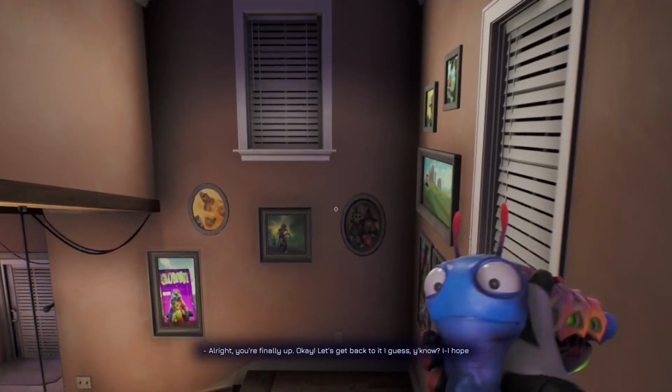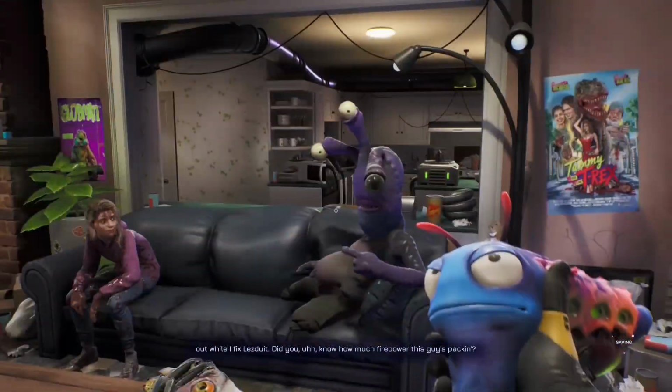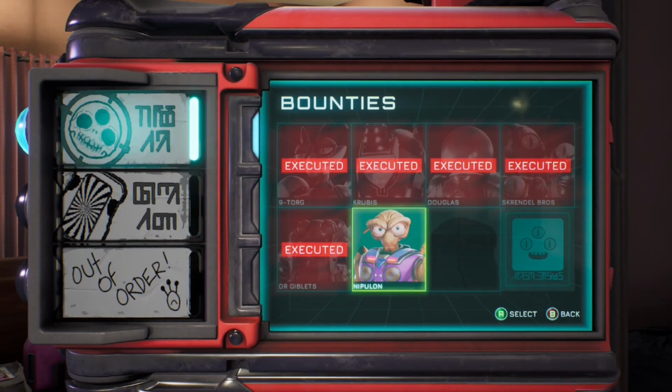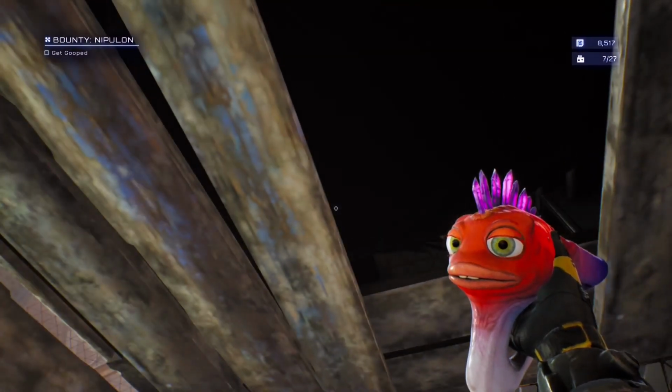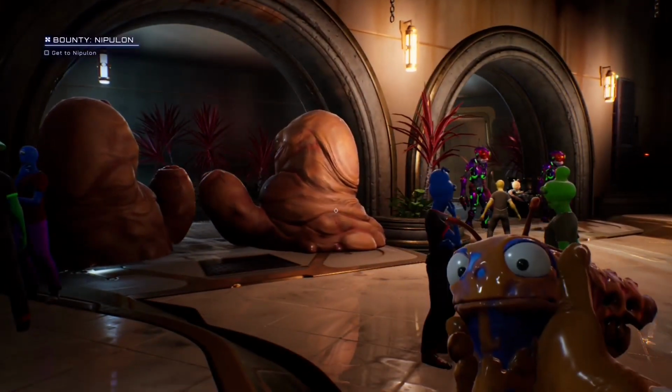After waking up, we went and picked up our sister Glizzy from this RV. With our sister rescued, we could focus on bounty hunting once again. Our next bounty would be the regional manager of Applebee's, Nipulon. I enjoyed another goopy golden shower, snuck into John Nipple's lair, and proceeded to...